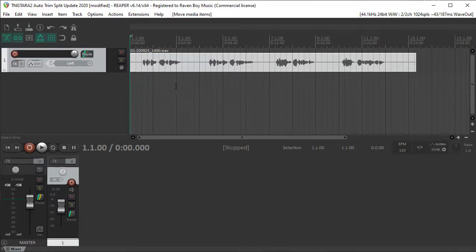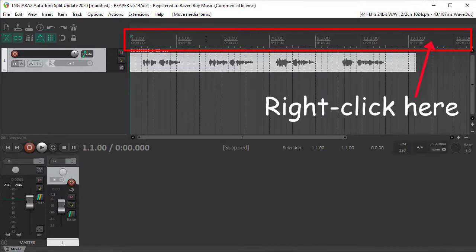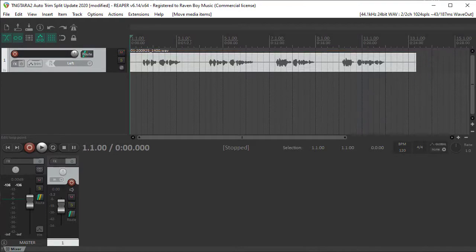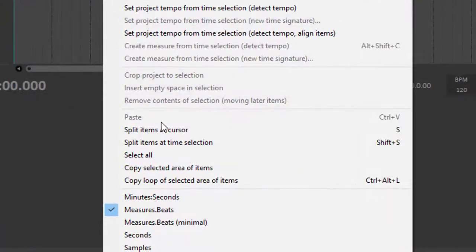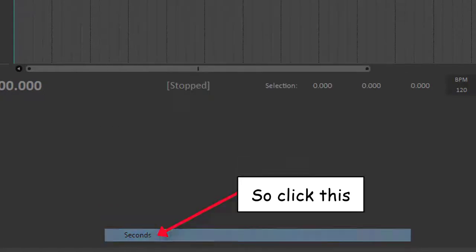We can tell that by right-clicking on the ruler up here above the first track where you see these numbers, and then go down to the bottom section of the drop-down menu, and you can see that measures and beats is what's selected. That's the default, and if you're recording music, that's great. But we don't want musical divisions, we need time divisions, specifically seconds, because the client wants 3 seconds in between